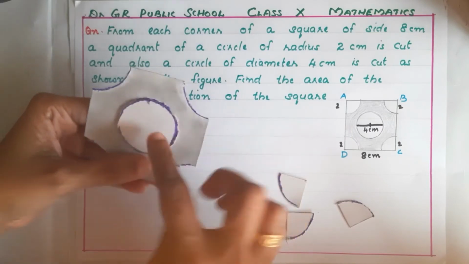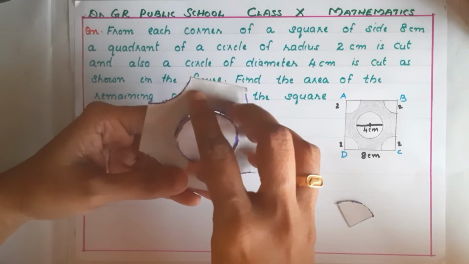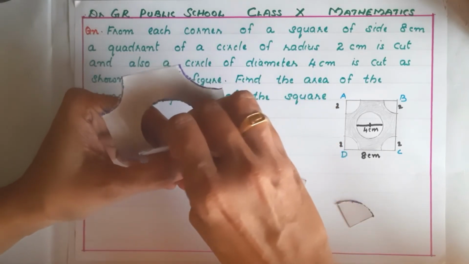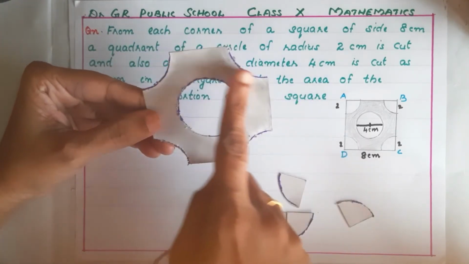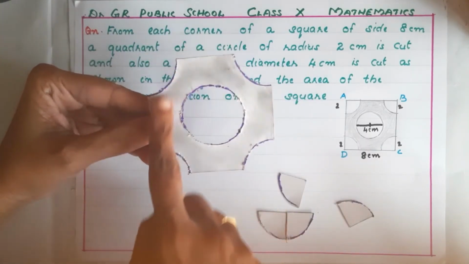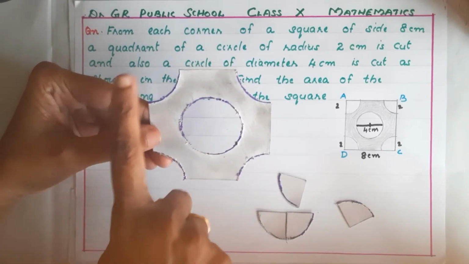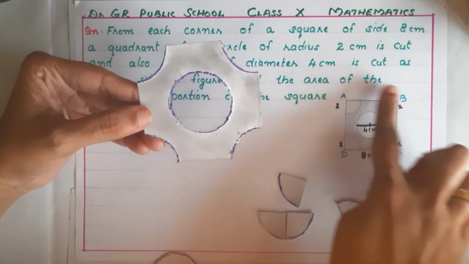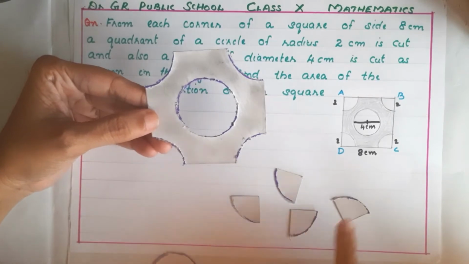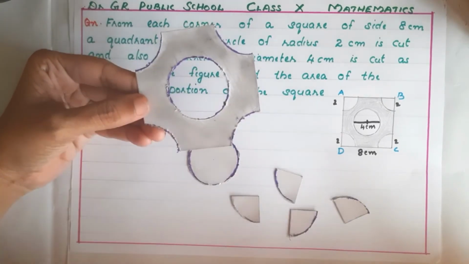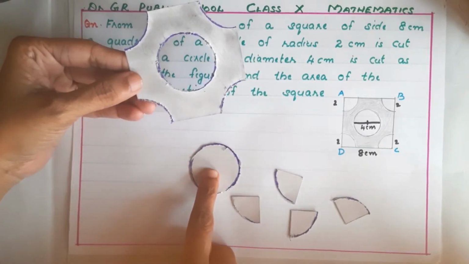Then this inside circle also we have to remove, isn't it? So if we are removing this one more circle, we will get the remaining portion. So we got the remaining portion, the shaded region, isn't it? So how did we get this? From the total area of this square, we have taken 4 quadrants and this circle, the area of 4 quadrants and the area of this central circle.